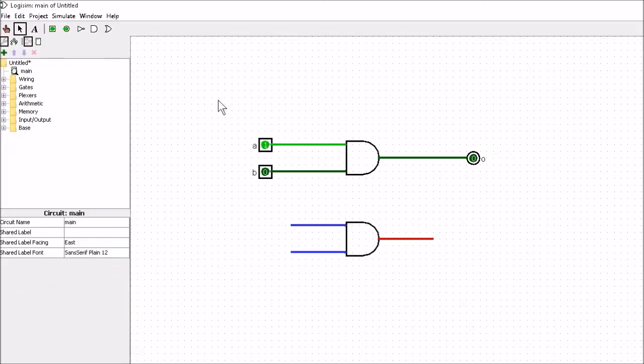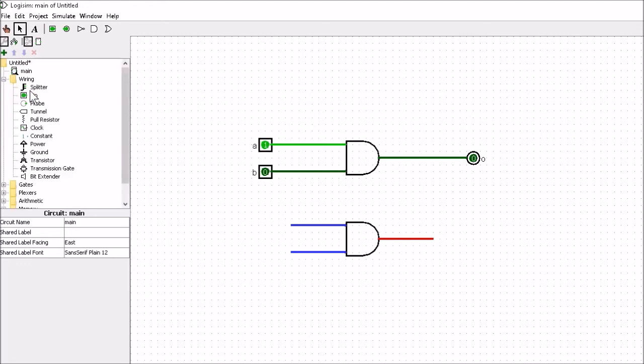So let's have a look at a few of the other things we're going to use in Logisim. If you get to the wiring section, we're going to be using the splitter. We've seen that, we've seen the pin. We're going to be using the tunnel as well. So when I click on a tunnel, that allows us to connect two points together without actually having a wire. So for example here, I have this point here, which is the pin A. So if I was to connect that there, and I give this tunnel a name, so I could just call it A.